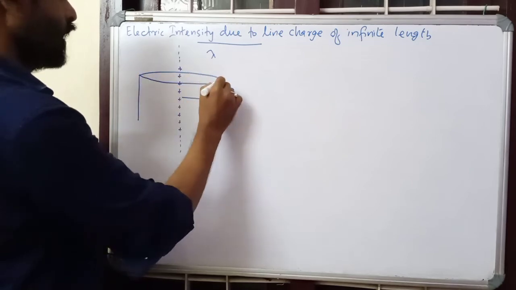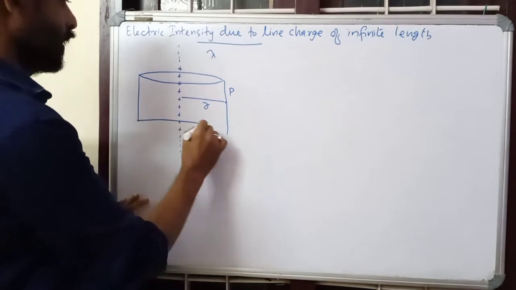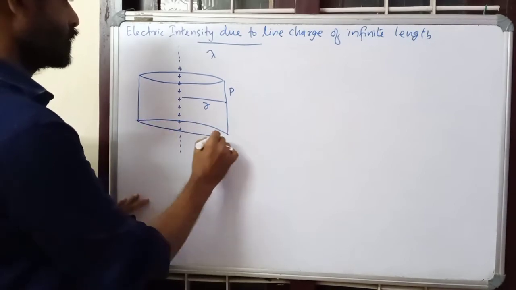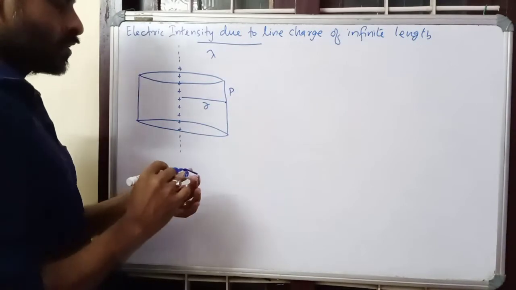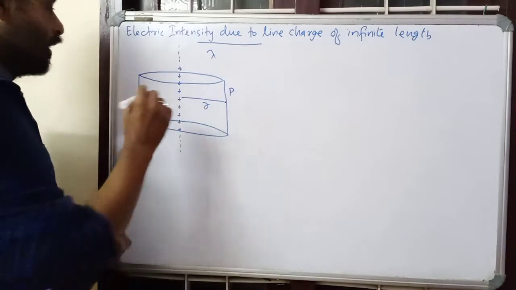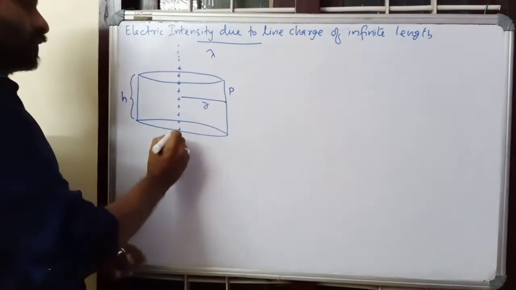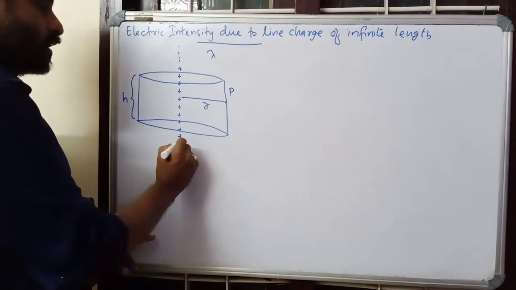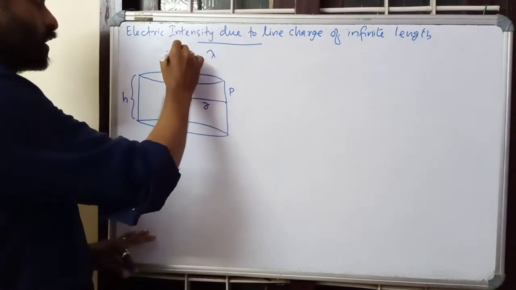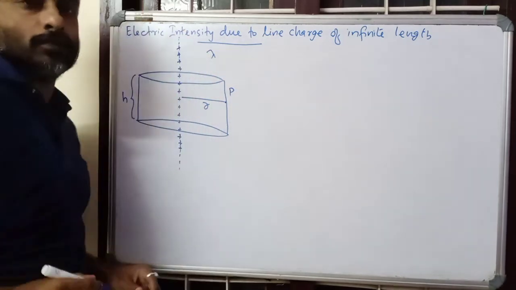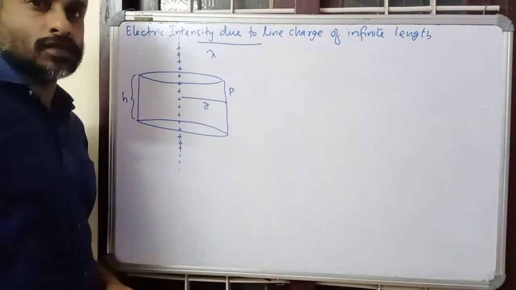This is one of the flat faces. This is the curved face and this is the other flat face. So there are two flat faces and this is the curved face. This is distance r, so the cylinder has a radius r. Let h be the height of the cylinder. So these are the charges of the line charge, of infinite length. Here also it has got charge, but the length is infinite. We are going to apply Gauss's law for this closed Gaussian surface.